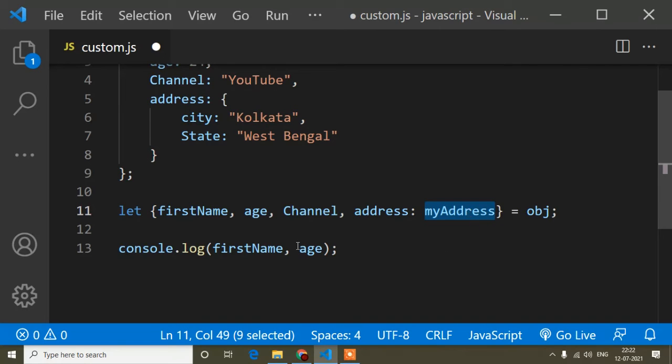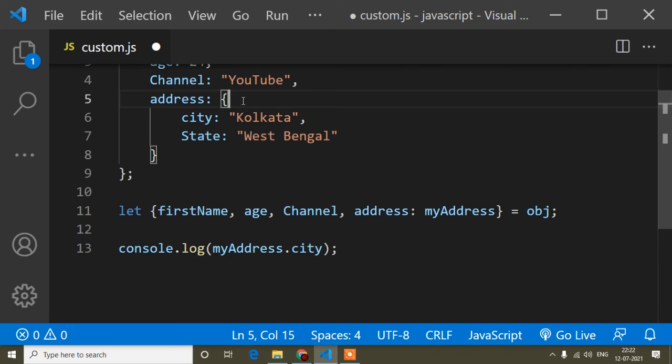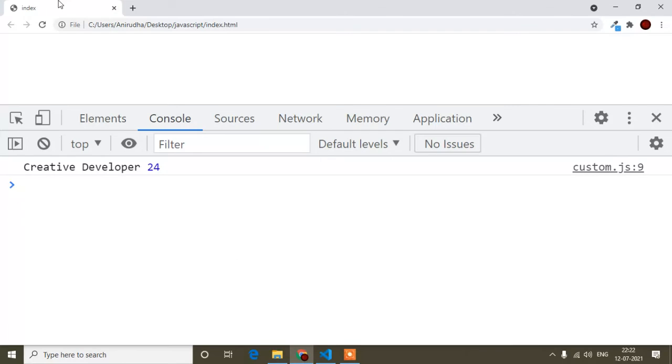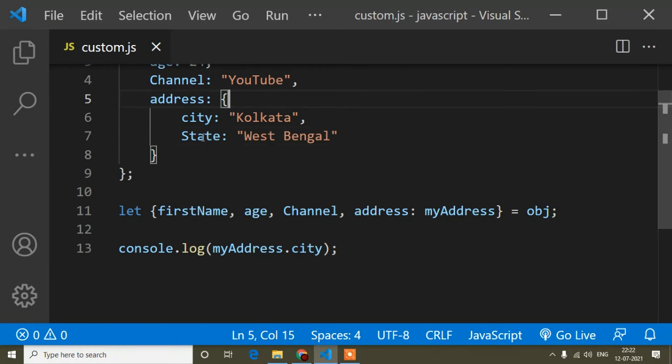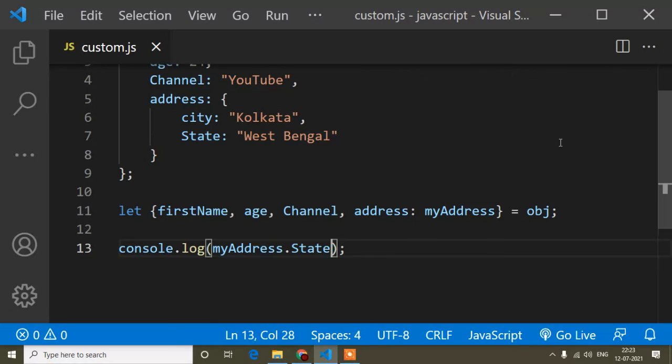I write my address dot city, because this is a nested object. Save, and if I refresh, you can see I'm getting the city. And in the same way, if I want only the state, I write state here, and you will find the state, because I have created my address as the instance of this address.